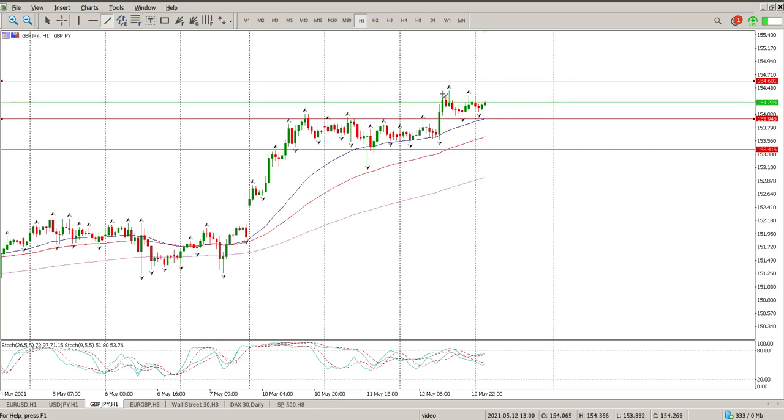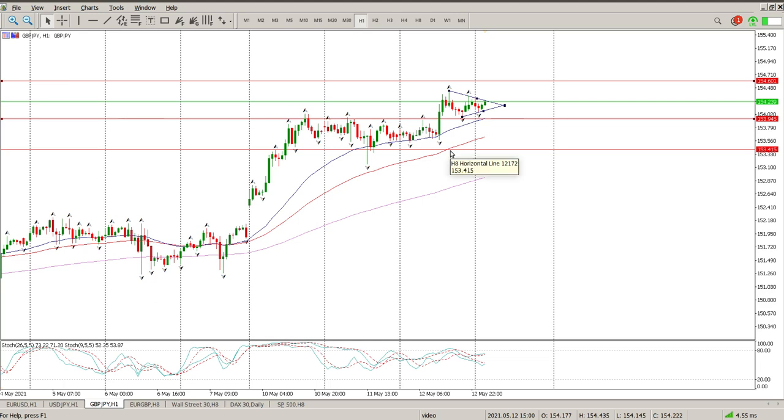I think maybe just put in that little trend line there, because that is a bit of a triangle forming on the hour. There it is. So European session, I wouldn't be wanting to take shorts. If it does come back down to this area here, 153.945, opportunity to buy all the way down until 153.415,